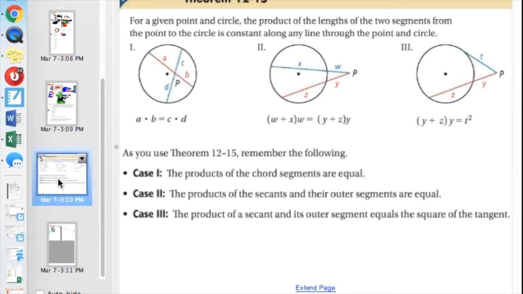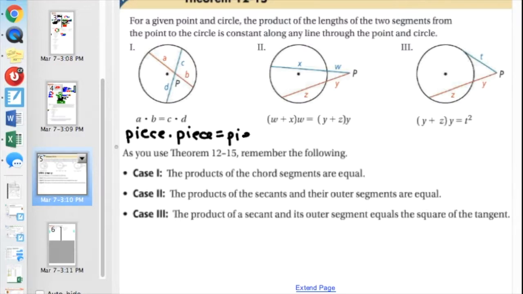So let's talk segments, okay? All right, there are three different scenarios that can happen when segments or lines intersect inside or outside a circle. Here's case number one. Case number one, I like to refer to as the piece case, okay? And so what I refer to this one as is piece times piece